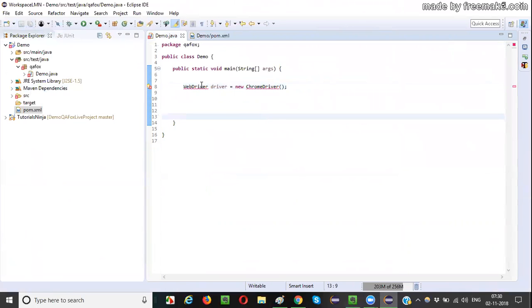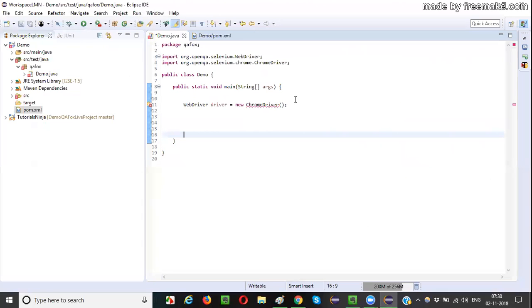Now go to demo.java and hover the mouse on WebDriver. Import the WebDriver and also import the ChromeDriver. That's fine. Now guys, in order to execute our automation scripts on the Chrome browser, we need to set up drivers, right? For ChromeDriver, the traditional approach we used to do was to give the path of the chromedriver.exe file. But now, as explained in one of the recent sessions regarding the WebDriver manager, if you remember.